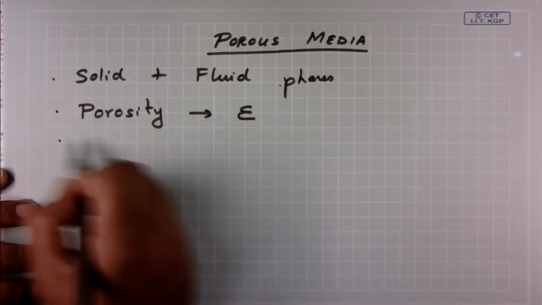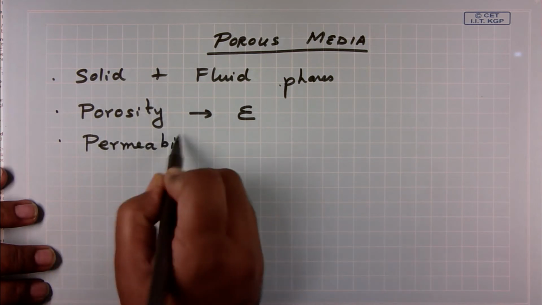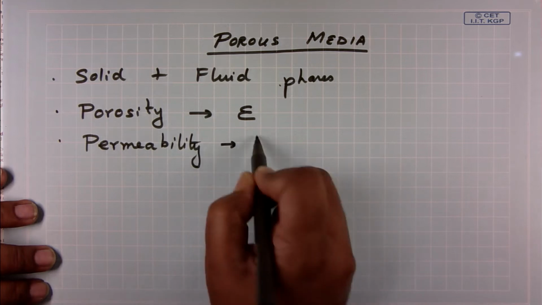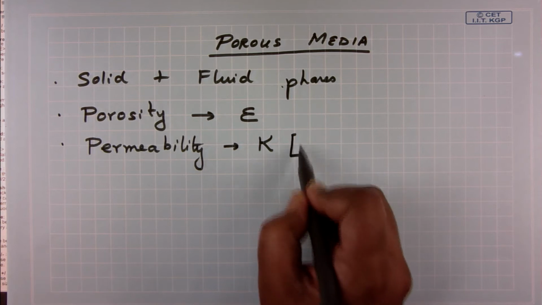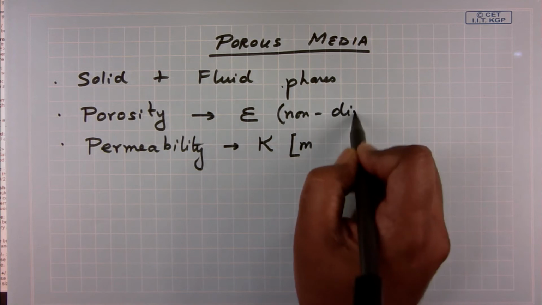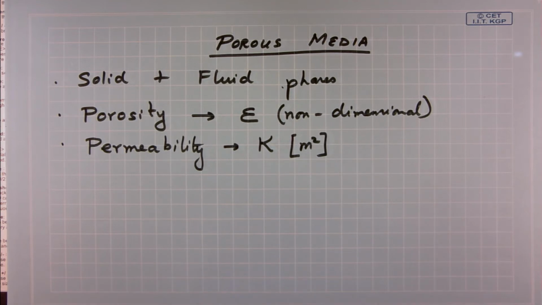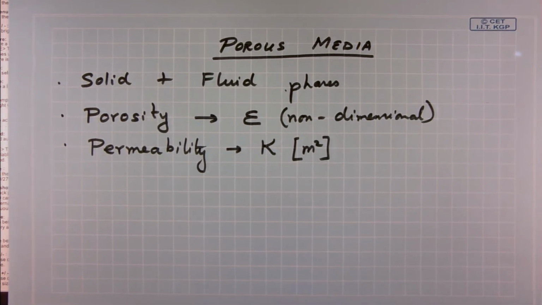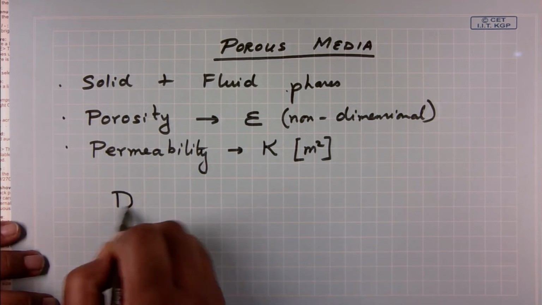The next one that also is very important is known as permeability, typically denoted by K. Okay. Keep in mind, porosity definitely is non-dimensional. Permeability, on the other hand, has dimensions, and it has dimensions of length squared. Okay. Now, what is permeability? Just briefly say where the origins are, and